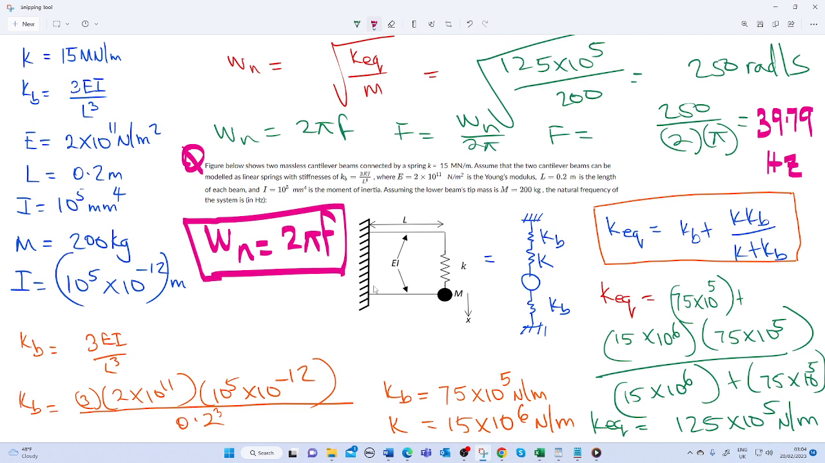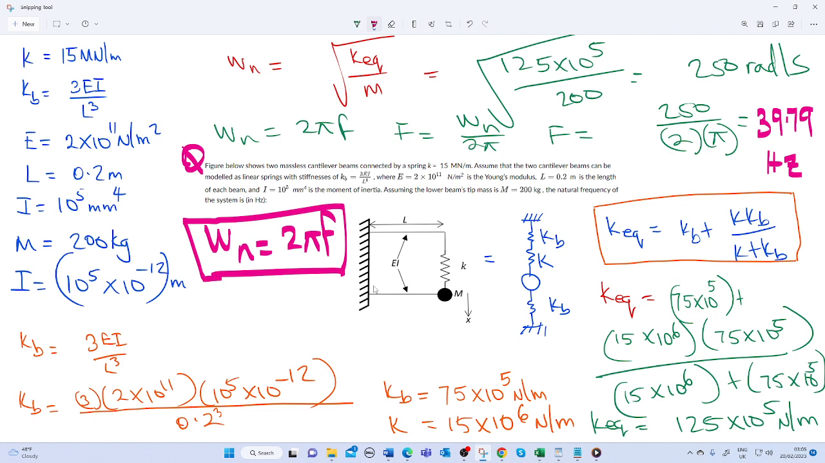Assume that the two cantilever beams can be modeled as a linear spring with stiffness KB, that is the stiffness of the beam, KB equals 3EI over L cubed. That is 3 multiplied by the Young modulus multiplied by the moment of inertia I, over the length cubed, where E, the Young modulus, equals 2 times 10 raised to the power 11 Newton per